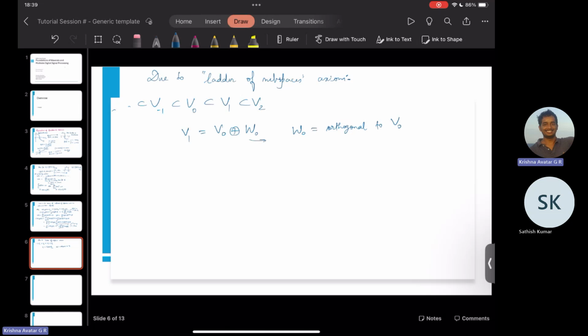So whenever you have some function x of t approximated in V naught,